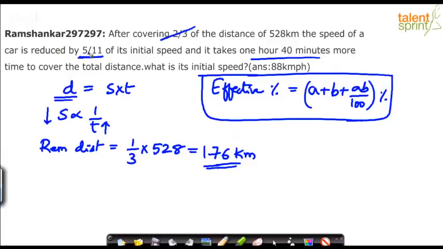The speed was reduced by 5 by 11. Now if you look at it, 5 by 11 in terms of percentage is how much? 45.45%. Yes or no? If speed has reduced by 5 by 11, then the time taken should increase by how much? Time taken should increase by